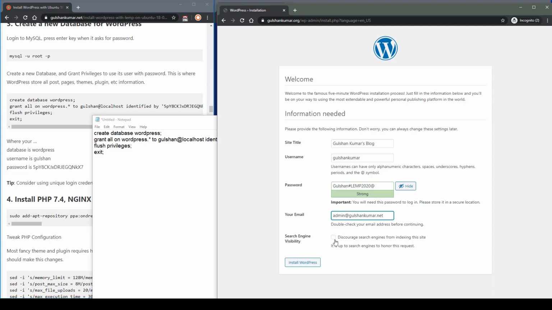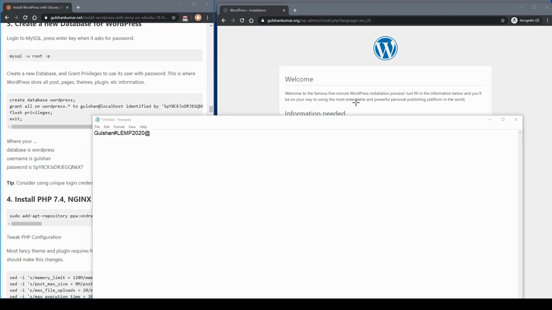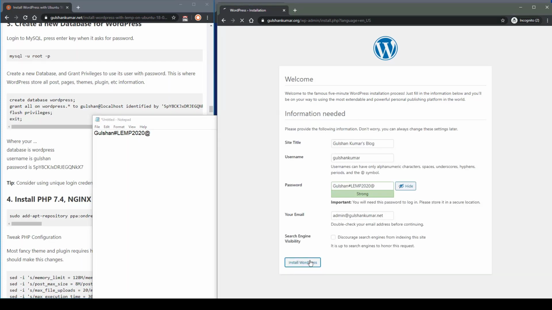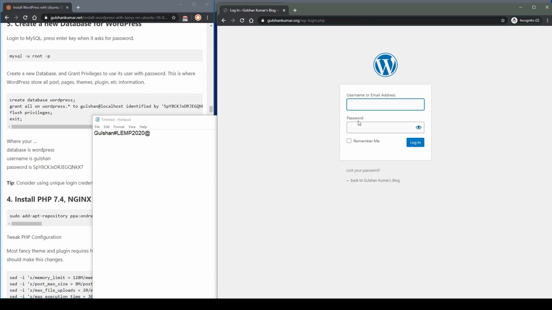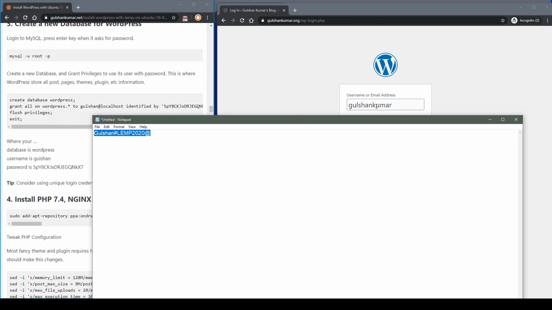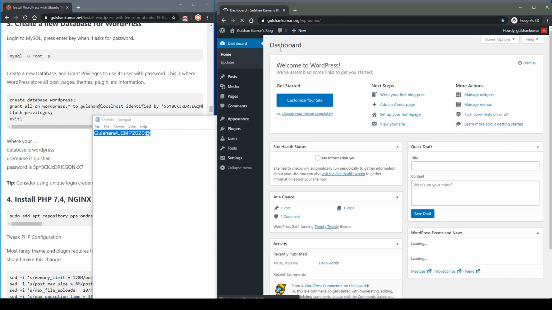And if I want to keep the site in no-index mode, I will select discourage, or I can keep it unchecked, no problem. So next I need to click on the Install WordPress button and log in. I am already logged in.